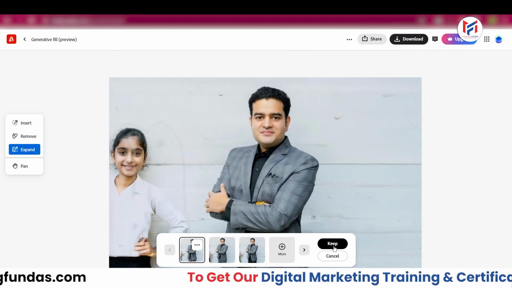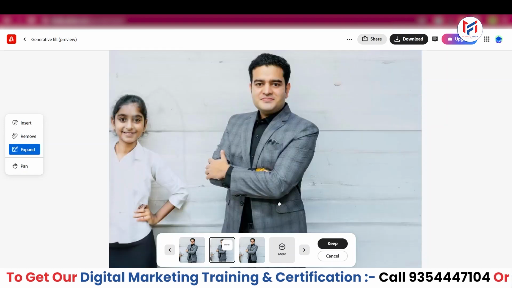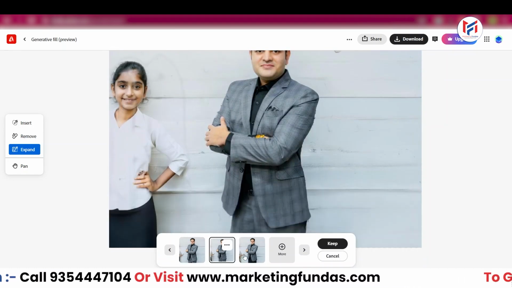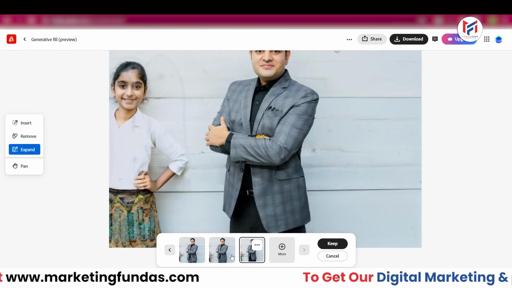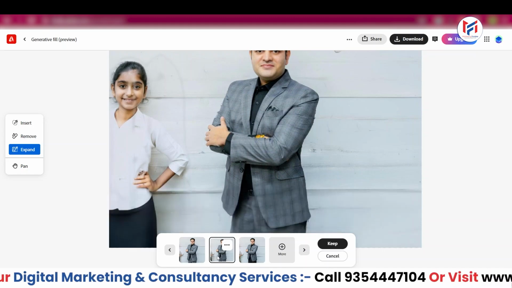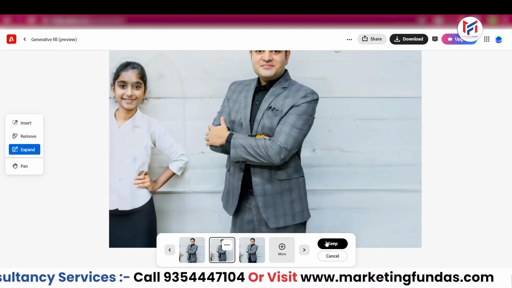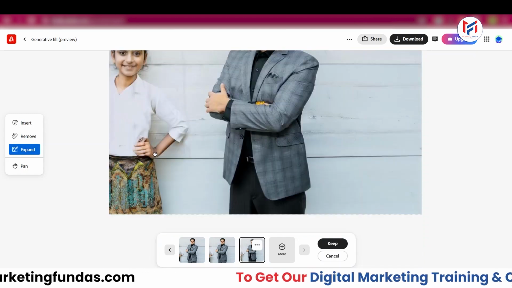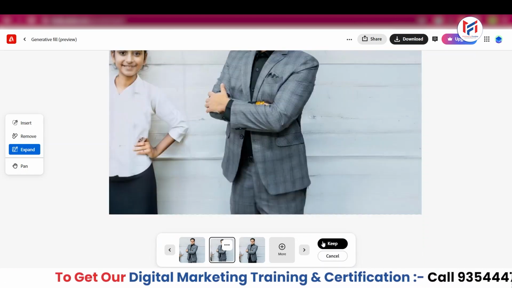So let's see if we can create the girl as well. As you can see, there are different designs like this, and this one. This one is pretty looking good. This one is also looking good. Let's select this one, right? Even this one is also there, black pant, and the girl is wearing skirt, but this one is looking more